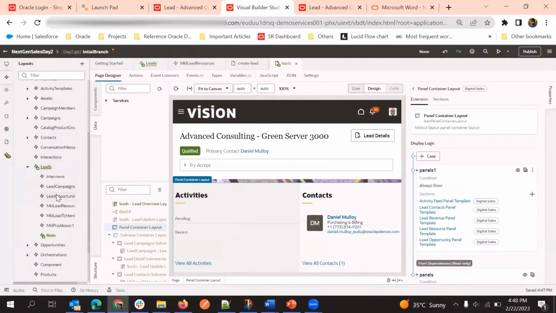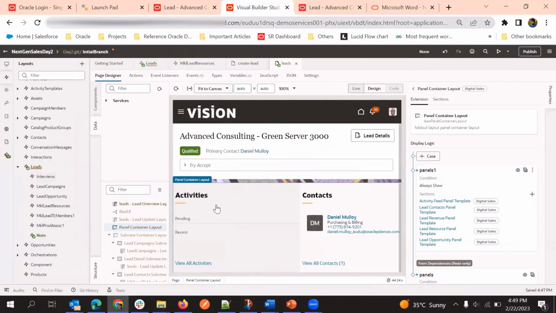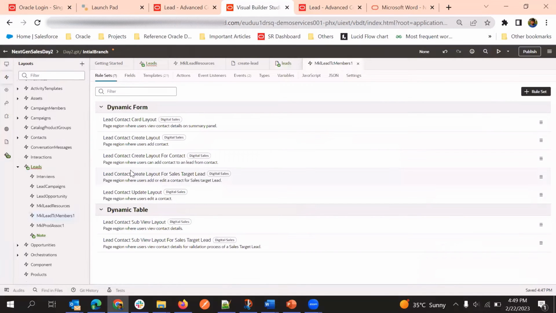Here we can see some of the tabs or the list panel layout containers. Suppose activities will come directly from the activities. MKL lead TC members 1 is nothing but the lead contact